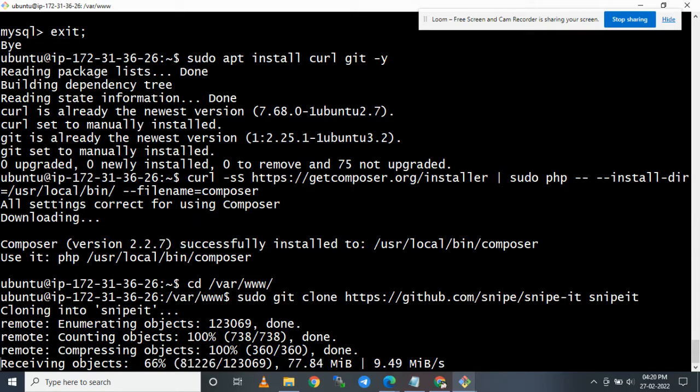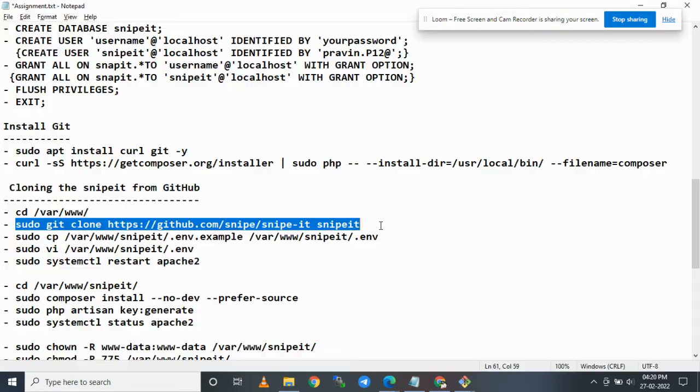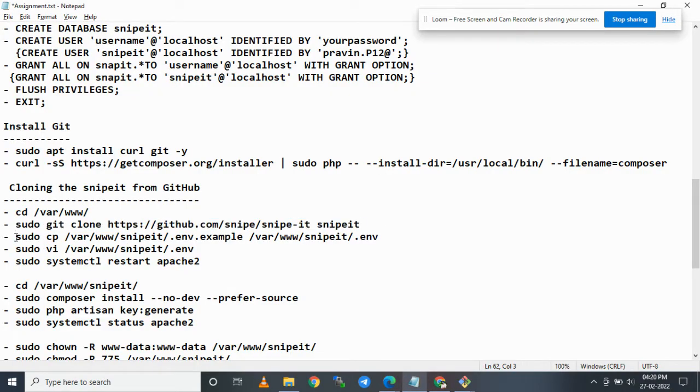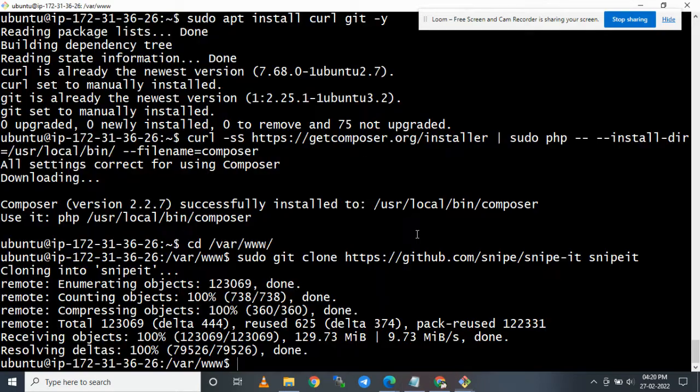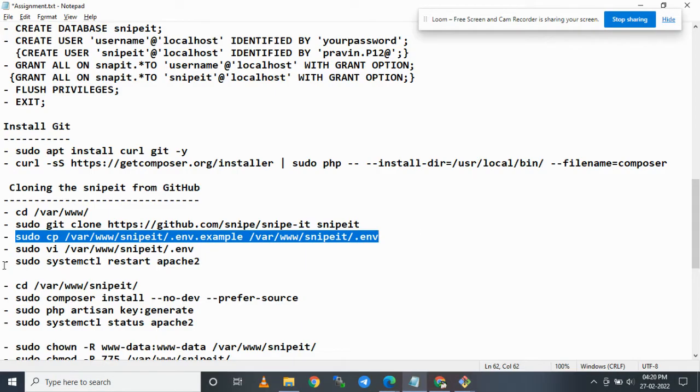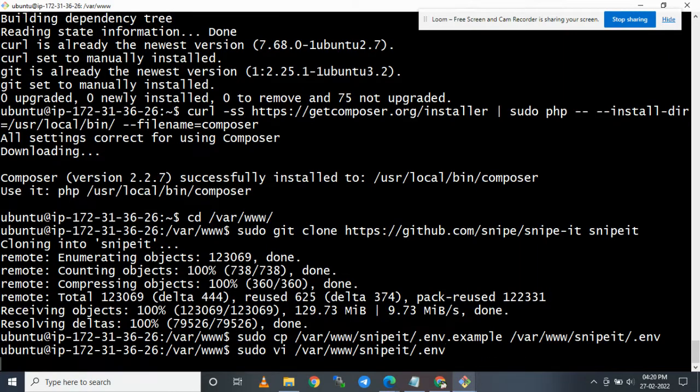It is cloning all the files from GitHub. The next step is we have a .env.example file that is going to be copied into a .env file. It is copied. Now we are going to configure that.